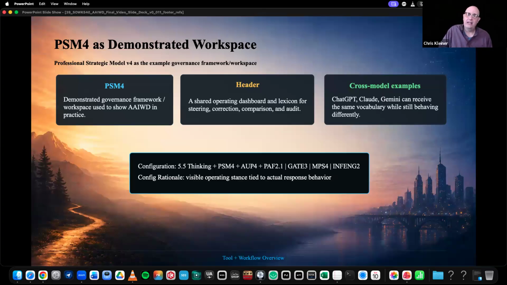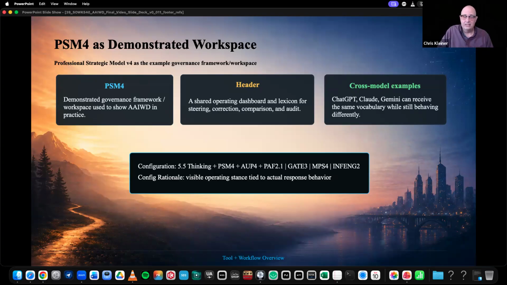Okay, so I'm demonstrating my own highly governed workspace through a system I developed for myself called Professional Strategic Model version 4. This is just an instance of my tool that others could use, but I'm not saying people need to use PSM4.